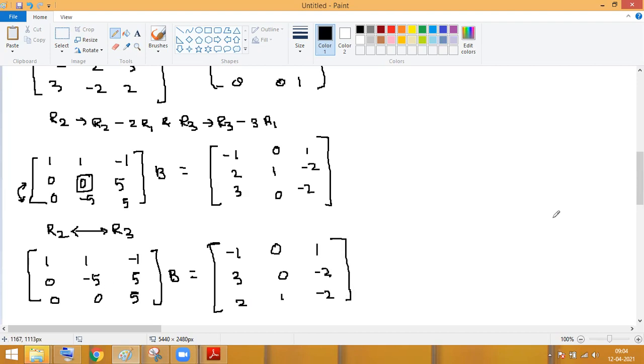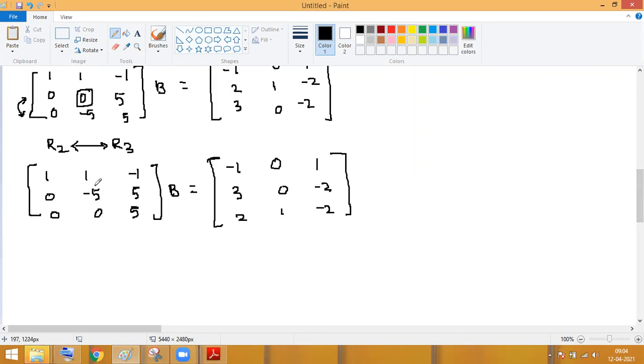Now how to make this equal to 1? Again this question. But we don't have to do any operation with the R1. We have to do the operation with the R3 only. We have only one option. If you want to make this equal to 1 and there is no non-zero element, there is nothing here, so how will we make it 1? We can't do anything with the upper one. Means you have to do it with R3 only. How can we do it? We don't have any option. If you don't have any option, then what do we have to do with it? Divide by the same. So can I write down R2 tends to R2 divided by -5?